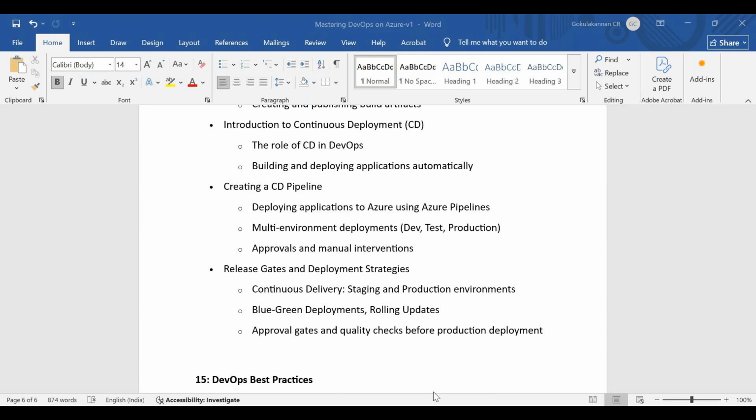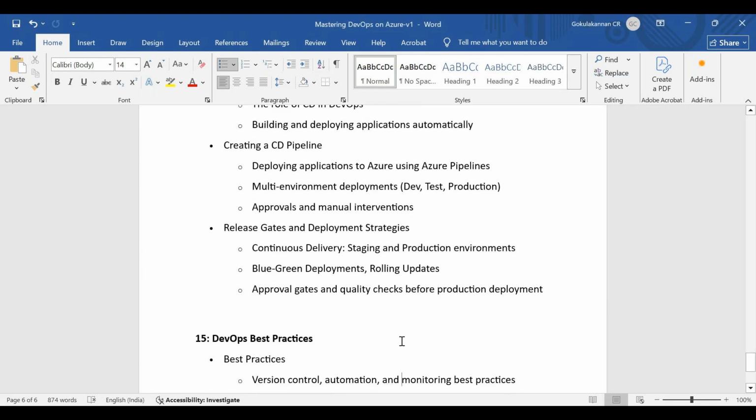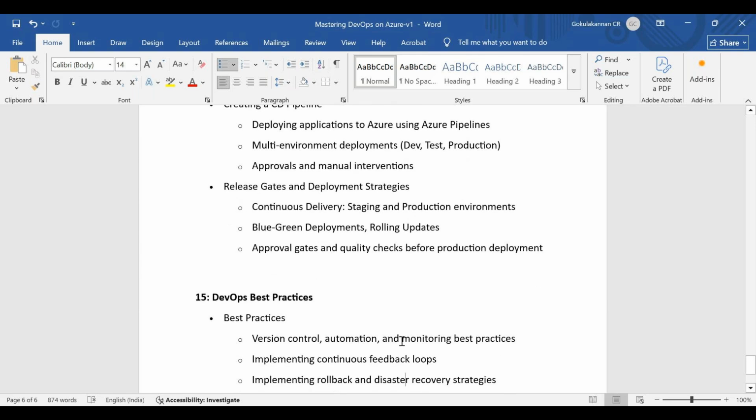And I'll be sharing about the best practices, the tips, the tricks, and all. Like it's not like everybody knows everything, right? If in case you don't know the coding, how you can manage. If in case you're not from the development background, how you can manage some issues. Like if you come across an issue, how you can face it. What are the different options available? Those things and all also we'll be discussing here.